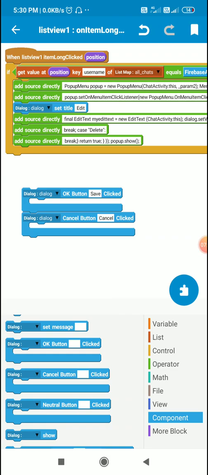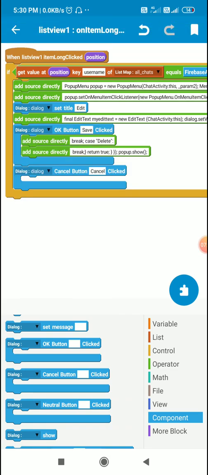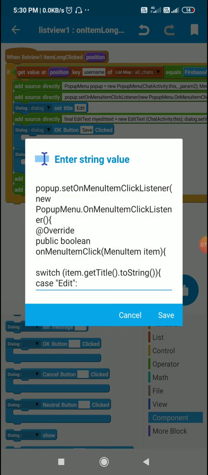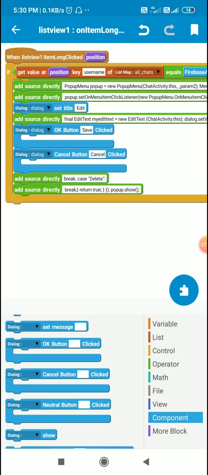And this will go after this code. All this is after the case edit and before the break of this case edit.